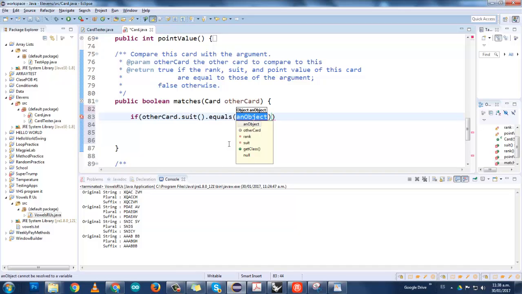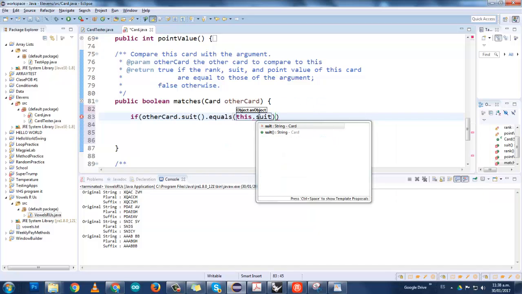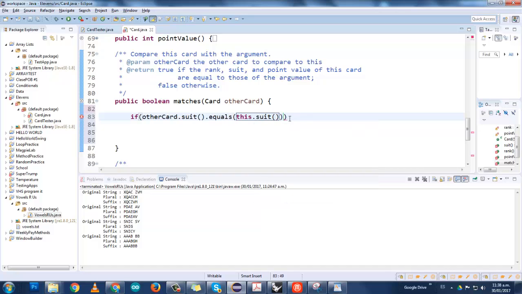If I'm talking about the one that they invoked, then I say this. Okay, the word this is very important. And here I say if other card suit is equal to this suit, then